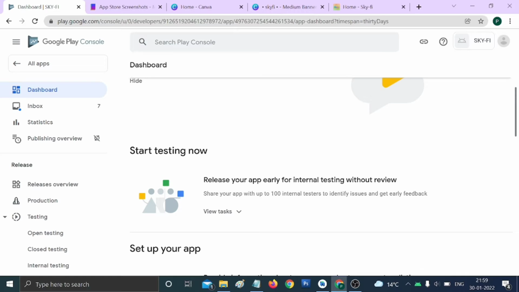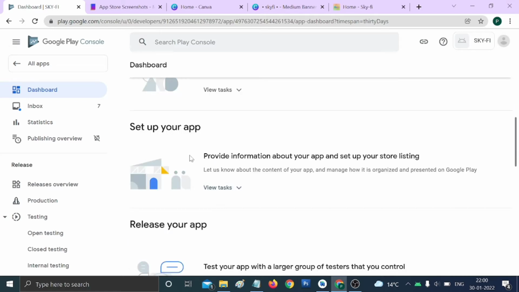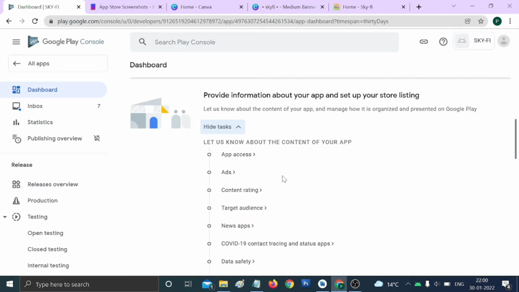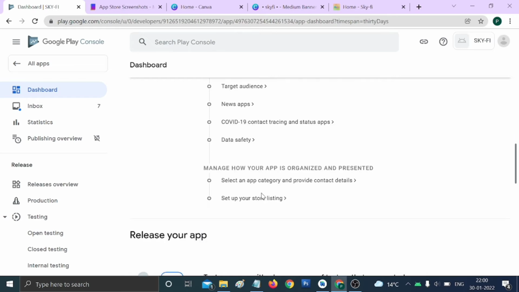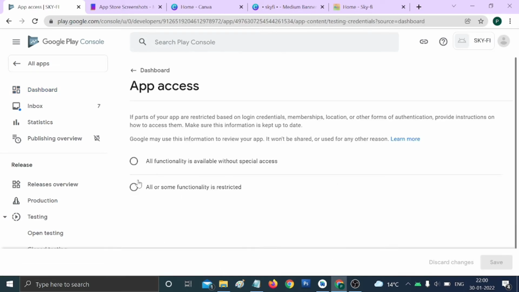Then you get this dashboard. Start testing now? No, don't do anything, you just need to set up your app here. Expand this option, View tasks. Click on View tasks and you need to fill in all the steps step by step. I open the app access option, click on all functionality available without a special function, and click on save. Again going to the dashboard option,